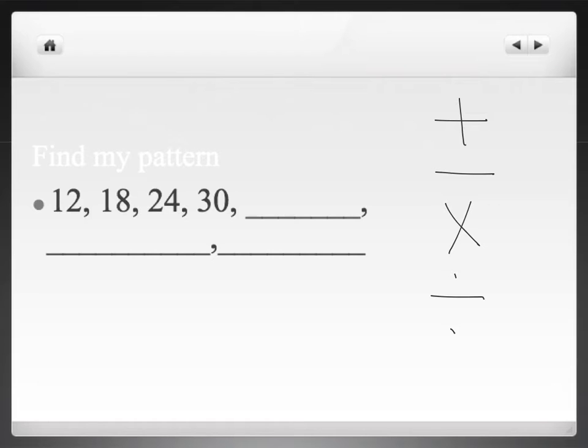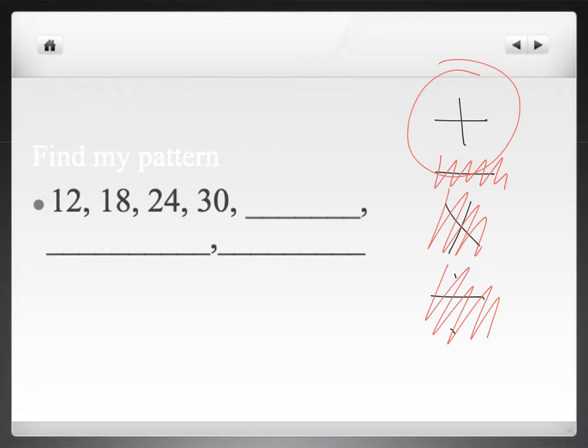Alright, so let's think. Can I multiply anything by 12 to get to 18? No, I can't. So that means that I'm not multiplying. I'm not dividing because I'm getting bigger numbers. And I'm not subtracting because, again, I'm getting bigger numbers. So that means I have to be adding. Let's find out what I'm adding in order to get to the next number. Well, to get from 12 to 18, I have to add 6. To get from 18 to 24, again, I add 6. So if my pattern is add 6,